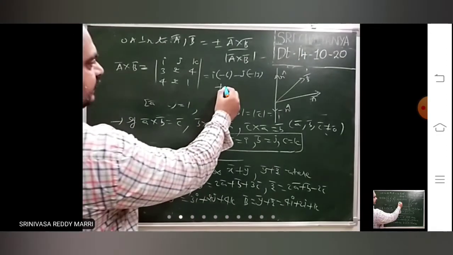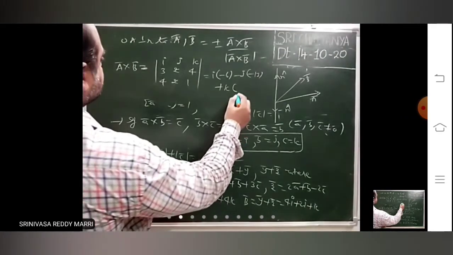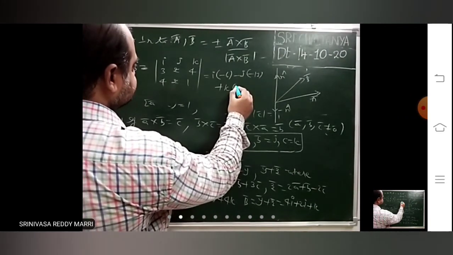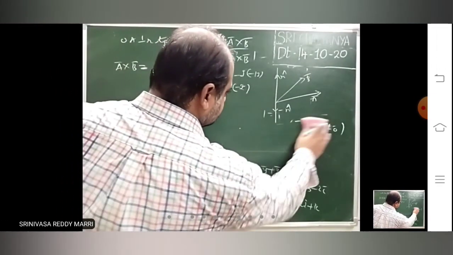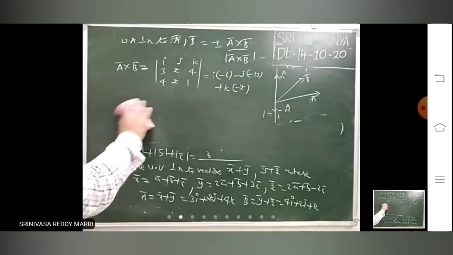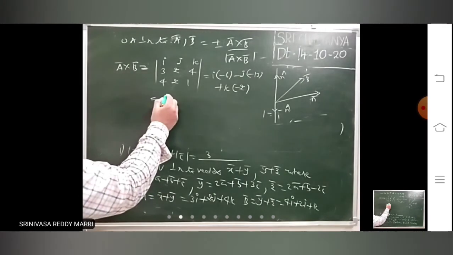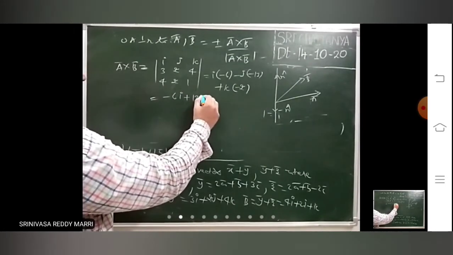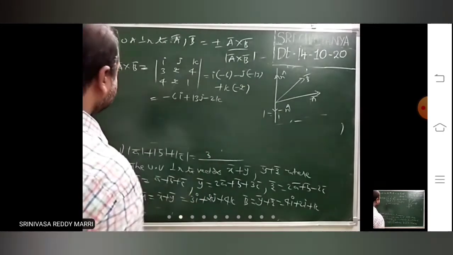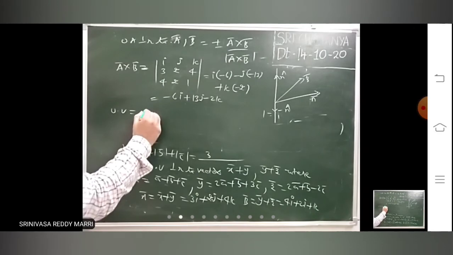Plus K into 6 minus 8, minus 2. So that means minus 6I plus 13J minus 2K. So the unit vector is nothing but plus or minus